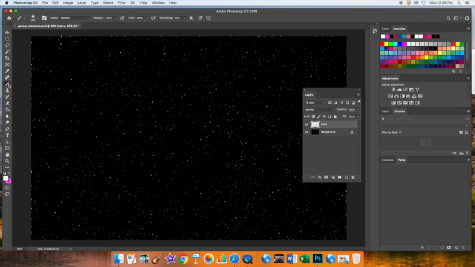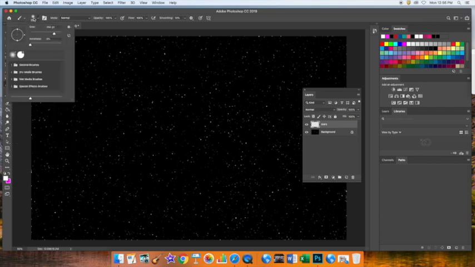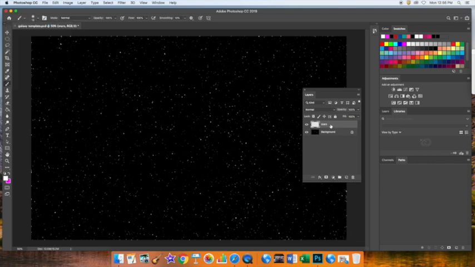So now we're back on our brush tool again, and it's at size 250, and that's huge. We don't really want that, so we're going to bring it down around maybe 15 to start with. And we need to make sure that once we have our size 15 brush, hardness all the way down, we move over to our layers and that we're on our stars and not our background. Because if we put it on our background, you can see in the little preview here, it's stuck on the background. So Command Z or Edit Undo, we're going to go to the stars layer,